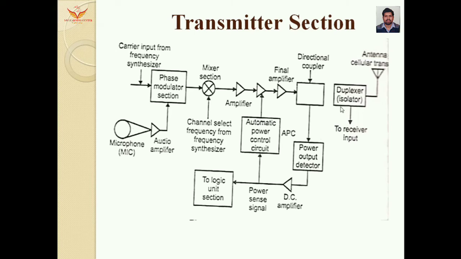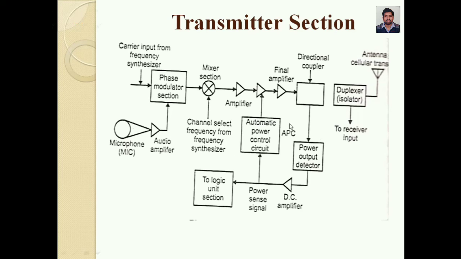The carrier input for the phase modulator and the local oscillator frequency signal for the mixer, that is the up converter, are produced by the frequency synthesizer. The most important feature of the transmitter is that its output power can be controlled by the cell site and MTSO, that is the Mobile Telecommunication Switching Office. The receiver picks up the specific control signals and sends them to the automatic power control circuit, which sets the transmitter output power level to one of the possible 8 levels.